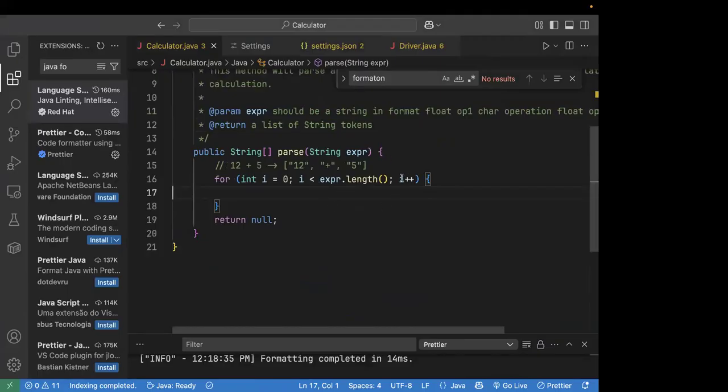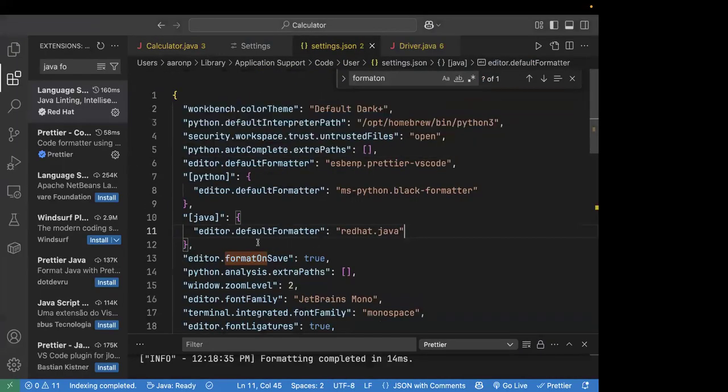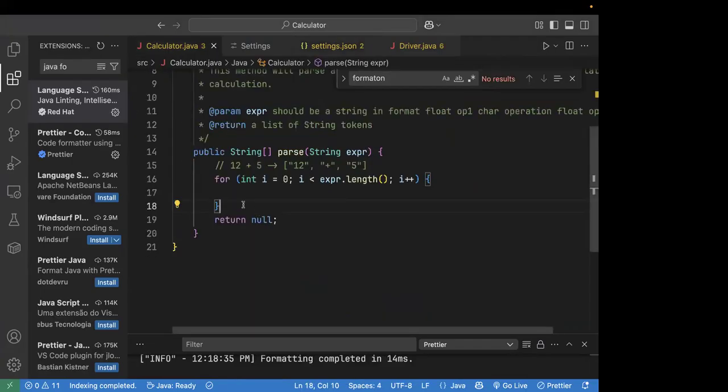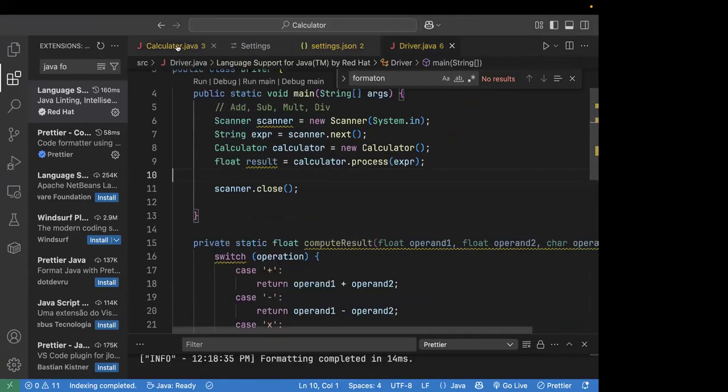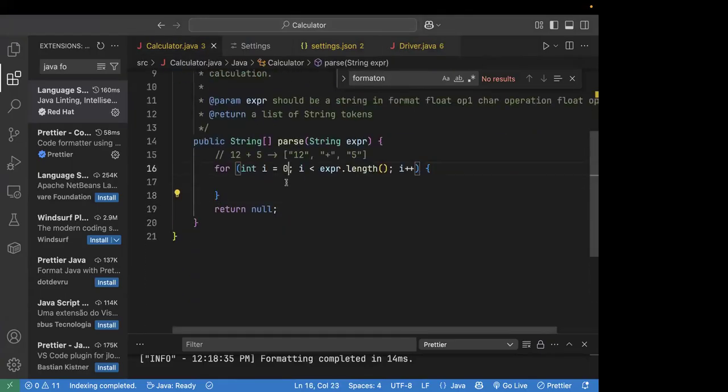Cool, cool, cool. It works now. Okay, so I have it set to Red Hat. If y'all want to format your code, y'all gotta use Red Hat. I have Python Black, which I think works for most languages, but it just doesn't work for Java for some reason. It was bothering me. Okay, so anyways, we're searching for